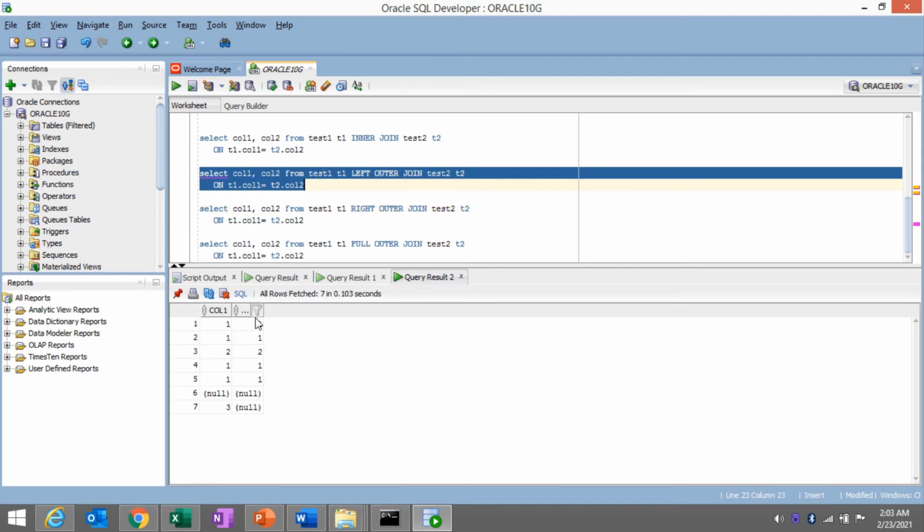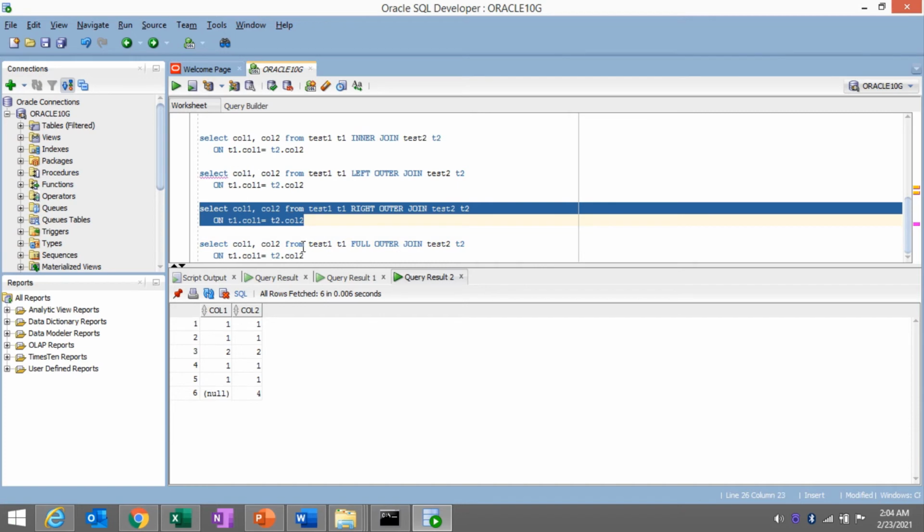If you perform the left outer join, a null value is coming, so all the values which are there in the left side got displayed, and we have the null value also, right? For that there is no value in the right side table. Normally it will give null if we don't have any matching value for the left side table, so that's why it's giving null. For the third value also, there is no value in the right side table, so it got null.